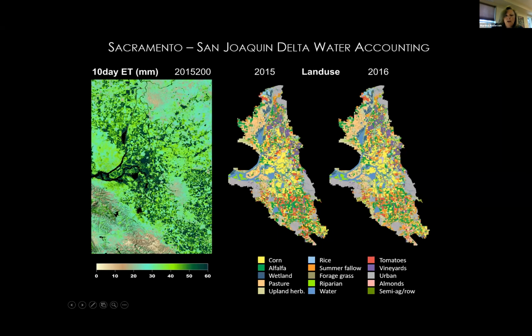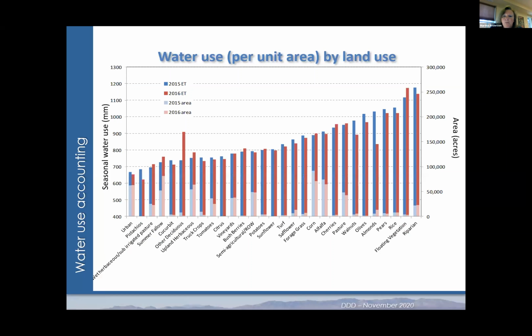We were able to use our ET data cubes over this larger area to do an accounting of water use by crop type, kind of a crop per drop analysis here. And it's ordered from low water users, the urban land covers, the fallow fields, up to the higher water users, the almonds, the pears, and the rice. In this context, ET, water use per unit area, vineyards kind of lie in the lower half of the spectrum, and this is because of the tendency towards deficit irrigation